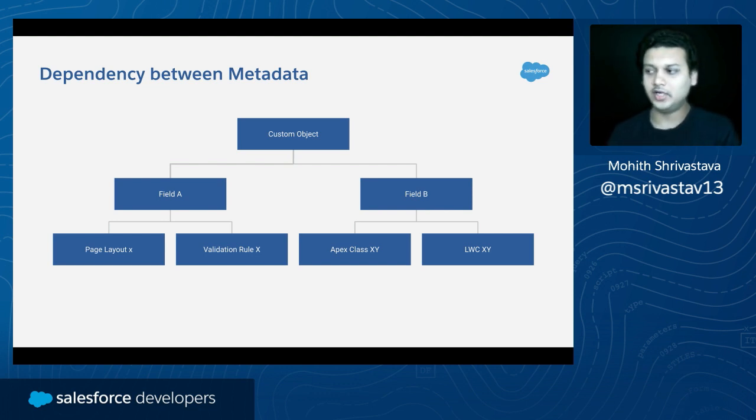So this creates this whole dependency thing, right? And oftentimes your deployments fail because you do not understand the dependency between them. For example, you're trying to deploy an Apex class, and you forgot to deploy the object that the Apex class had a reference to. In that case, your deployment fails, right? And when you're manually doing this process, it takes a lot of time because there are a lot of dependencies that have been created